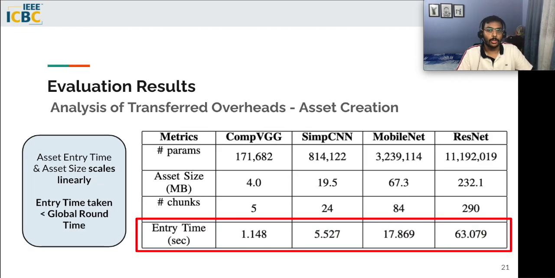The only remaining task is to measure the transfer overheads. First, we report the time it takes to create the asset from the model weights and enter it into the blockchain after fragmentation. We observe that the asset size and the asset entry time scale up linearly with an increase in the model dimension, as expected. However, we have observed that the time taken to enter the asset into the ledger by the FL server is around 1 minute, while the global round duration is at least 3 minutes. Therefore, the POFT prevents any contention since an asset will be entered before the asset for the next round arrives, and the clients can avail the latest version of the global model well before an updated version of the same is generated.